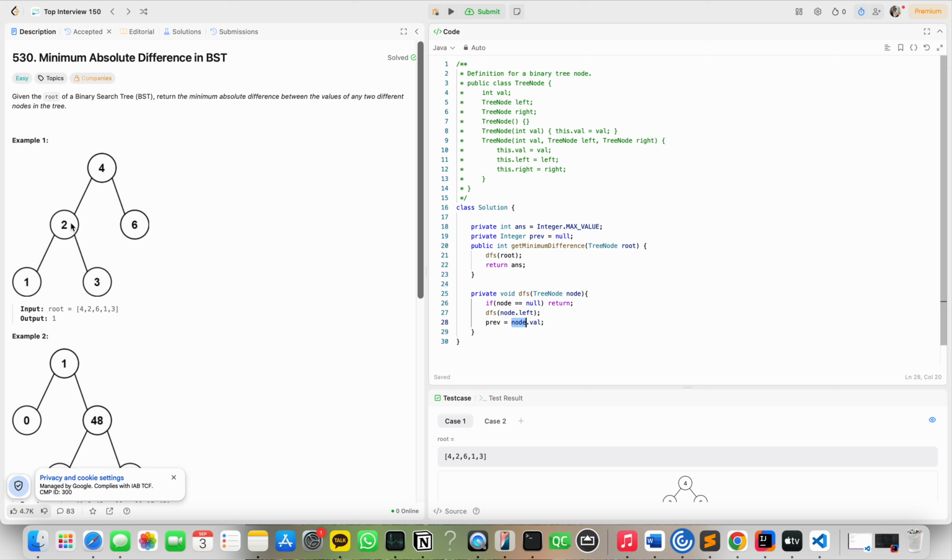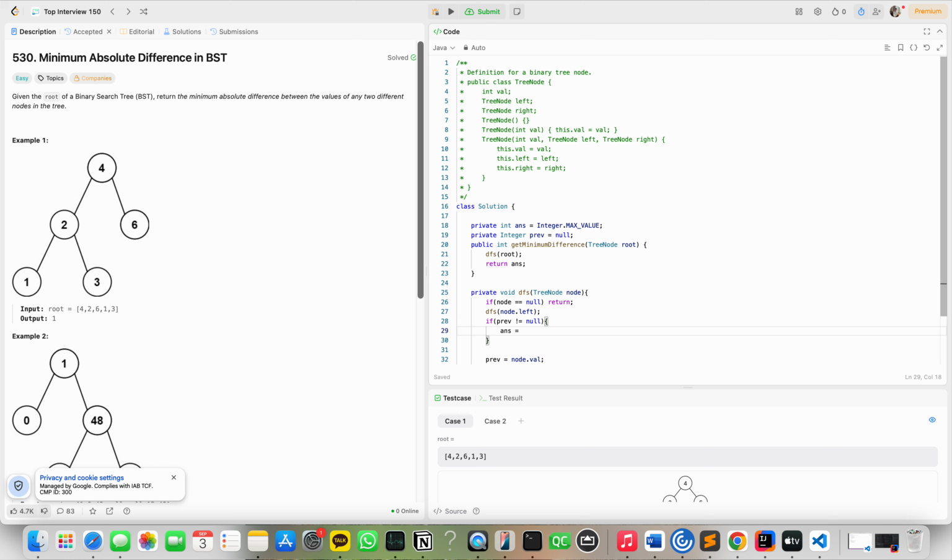So we recursively got to 1, and then we update our previous to node.val. And then we got to node 2, and then we override this with node.val, which is what we want to do. We want to do some comparison. So we are going to compare and then update our previous variable. So how should we do it? If previous is not equal to null. So that means when we are at 1, we just update our previous variable because it's essentially null in the beginning. If not, we do